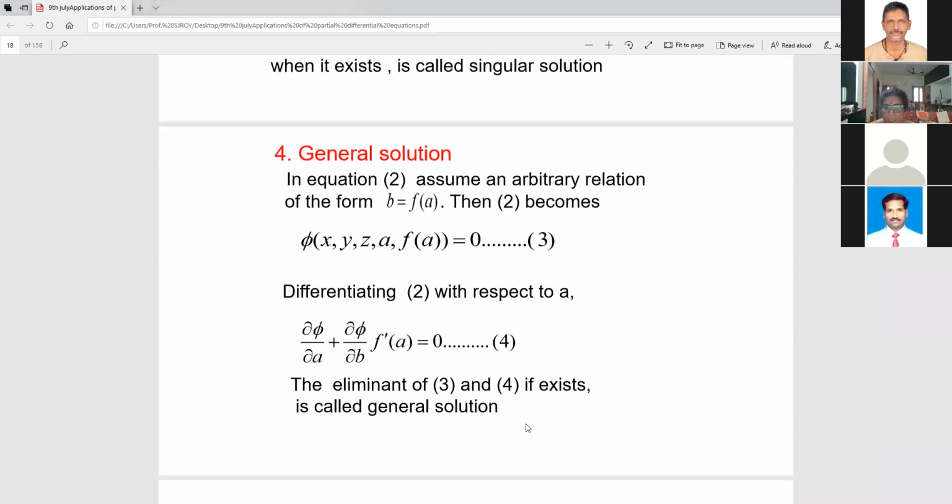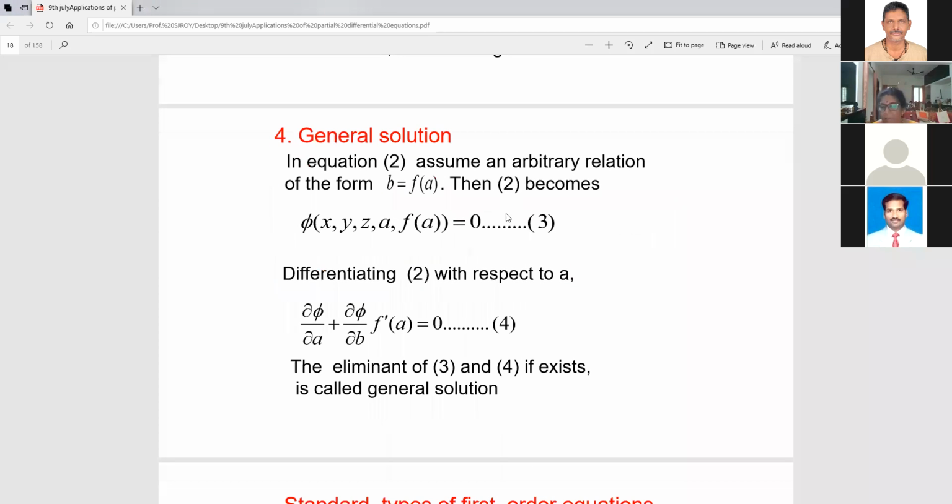Suppose you replace, in this two parametric family of surfaces, B equal to f of A. That means you are reducing one parameter. So this general one will become a subfamily of the given two parametric family of surfaces. Now, once you reduce this, if you do some partial differentiation with respect to this A and are able to eliminate it, you may get the value of A as a function of x, y. Then, once you eliminate this A, you substitute it back here.